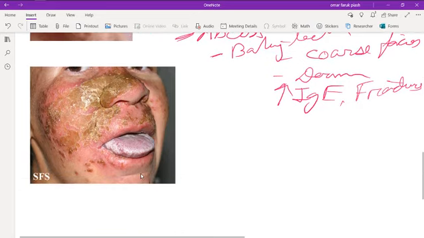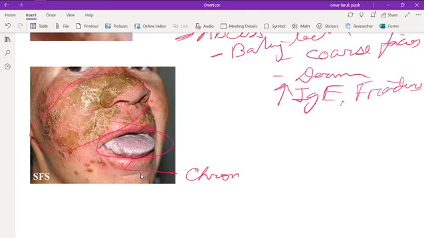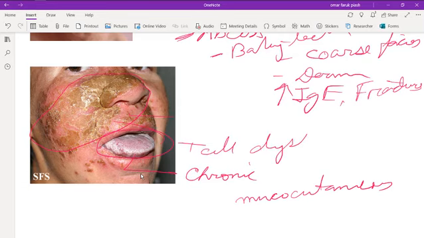Now, last picture, this boy has some skin infection and some mucosal infection. This is chronic mucocutaneous candidiasis. In chronic mucocutaneous candidiasis, there may be non-invasive Candida albicans infection of the skin and mucous membrane. In here, there is T cell dysfunction,